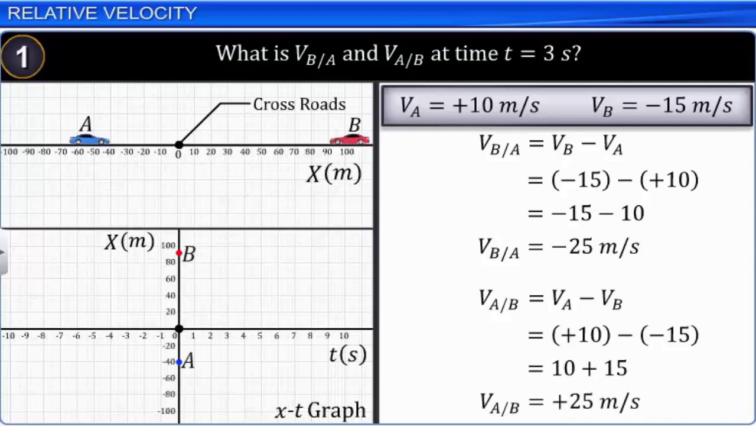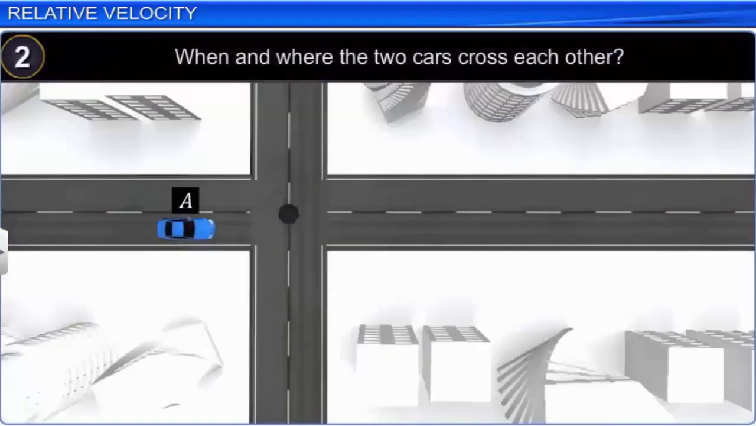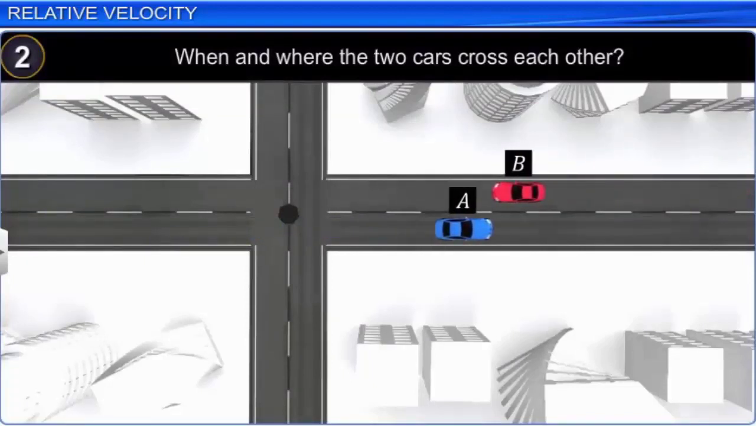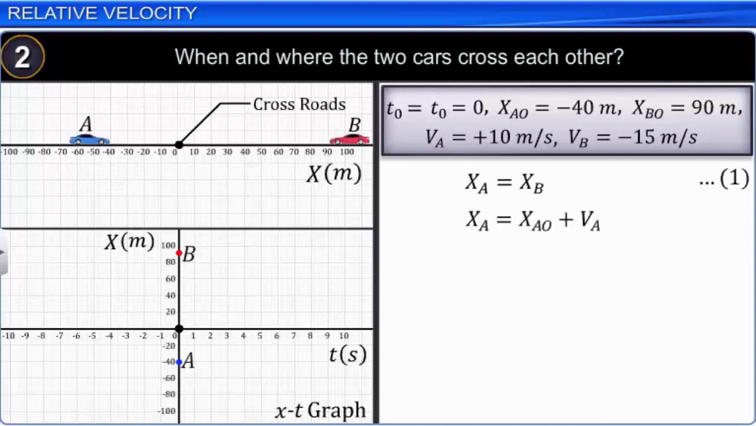When and where the two cars cross each other? When the two cars cross each other, their position coordinate is the same. That is, XA is equal to XB, which is equation 1. Here, XA is equal to XAO plus VA into (T minus T naught). By substituting and simplifying, we get XA equal to minus 40 plus 10T, which is equation 2. Similarly,